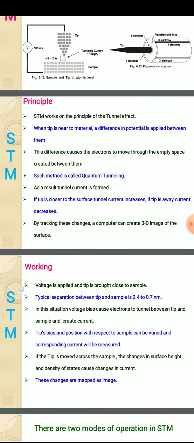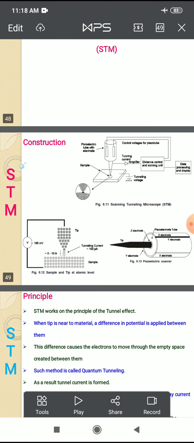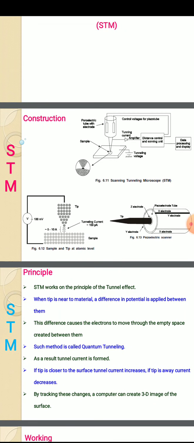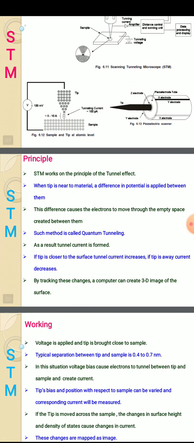Working: the voltage is applied and the tip is brought to the sample. When the voltage is applied, the tip is brought into the sample. The separation between the sample and tip should be 0.4 to 0.7 nanometer. So here the voltage bias causes the electrons to tunnel between the tip and sample and